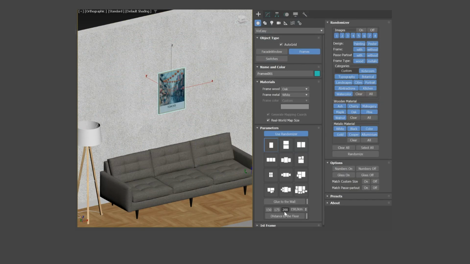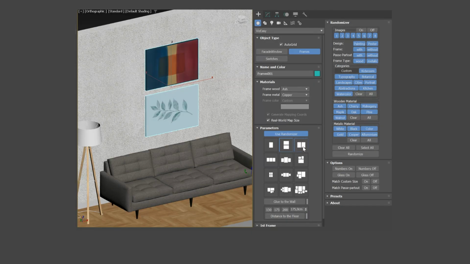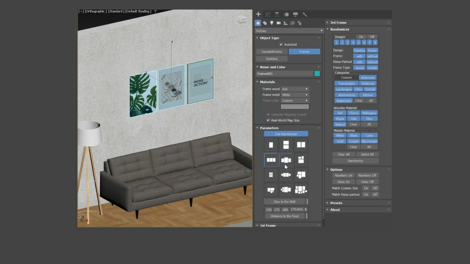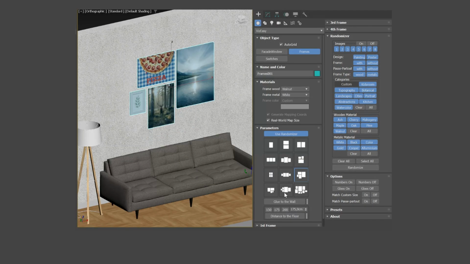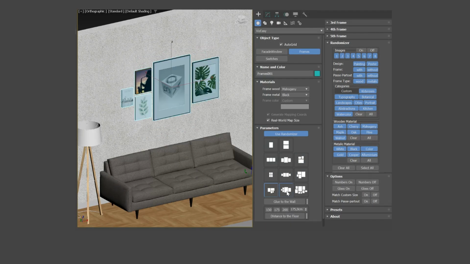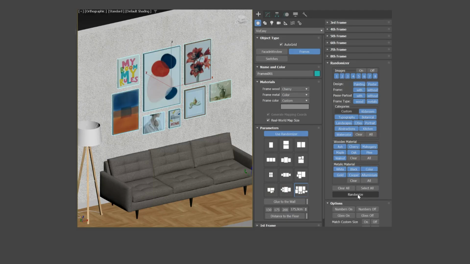VizEasy Procedural Posters and Paintings for 3ds Max. A tool for instantly placing frame compositions in your scenes. In just a few clicks, you can place frames on the wall, set the appropriate height from the floor, and